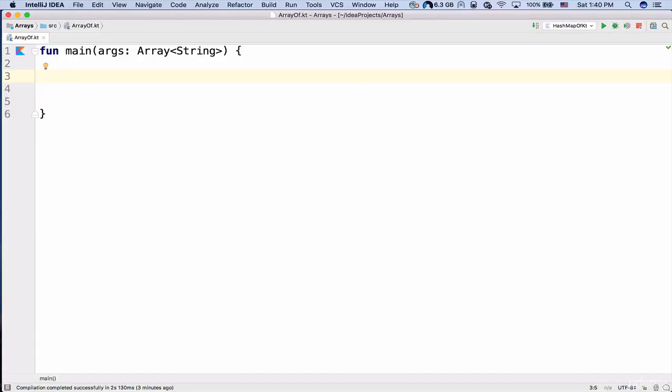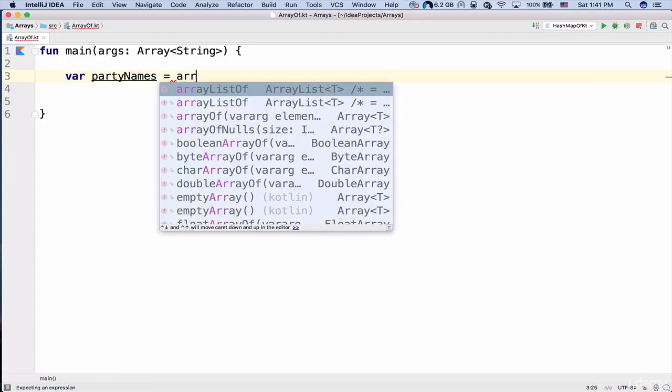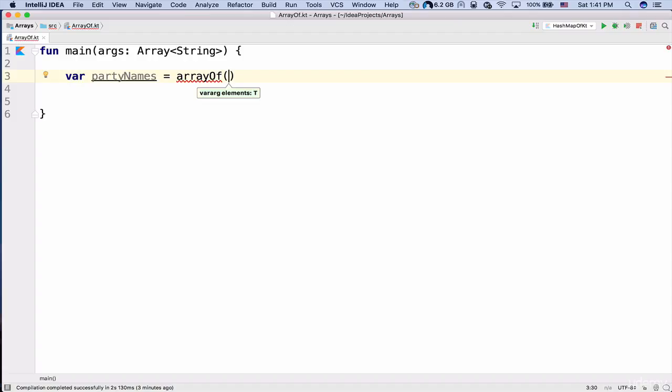Hello, in this tutorial we are going to learn about arrayOf and listOf. So arrayOf is another way of creating arrays in Kotlin. Here we just need to create a variable, and I can say partyNames, assignment operator, and here I just need to type in arrayOf. Inside the parentheses I can put the values, so two quotes, for example John,